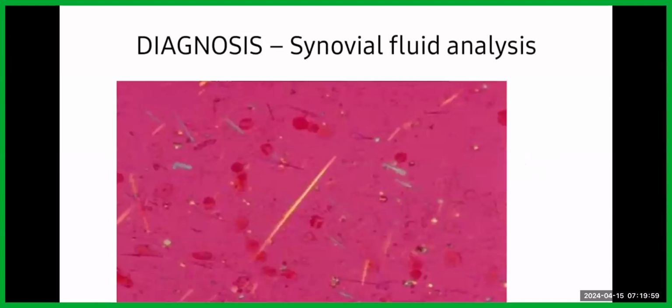So this is the synovial fluid analysis. I wanted to compare the commonest differential of gout, pseudogout, but I couldn't do that. Time did not permit me. So you can see this is a crystal, it's needle shaped. This is what we expect, and it's yellow in color, and it's negatively birefringent. Unlike pseudogout, which is one of the commonest differentials, usually it's rhomboidal and positively birefringent.